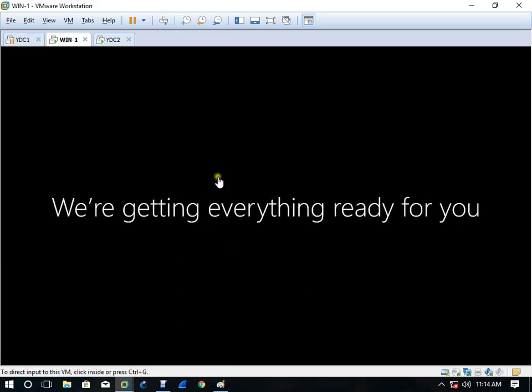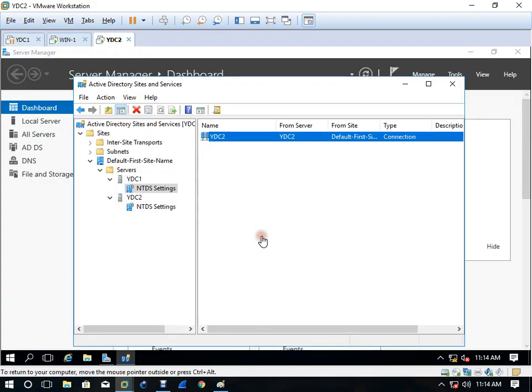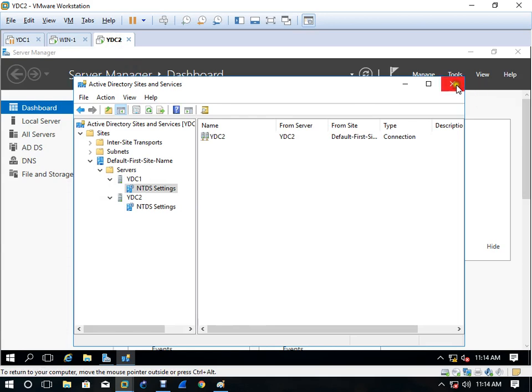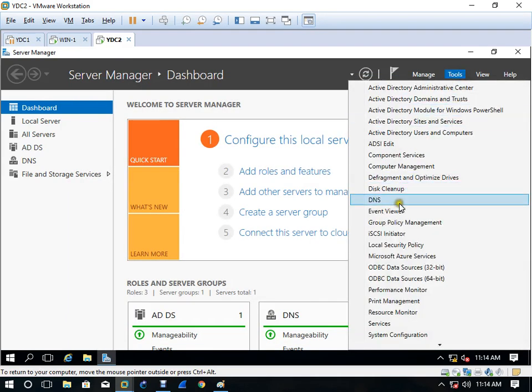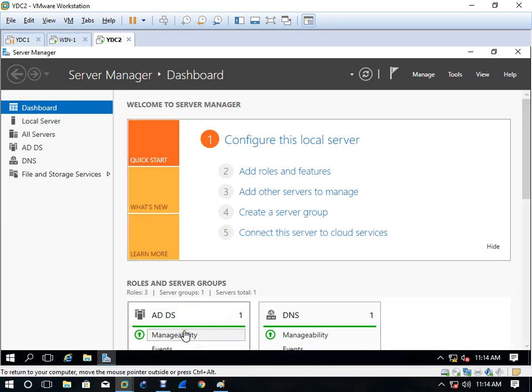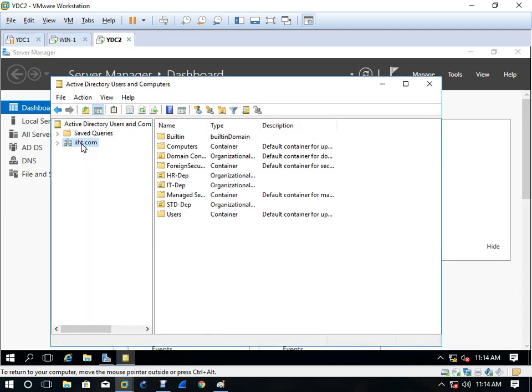So as you have seen, this user is able to log in even though the server is down. He is able to create a new account in Active Directory Users and Computers.